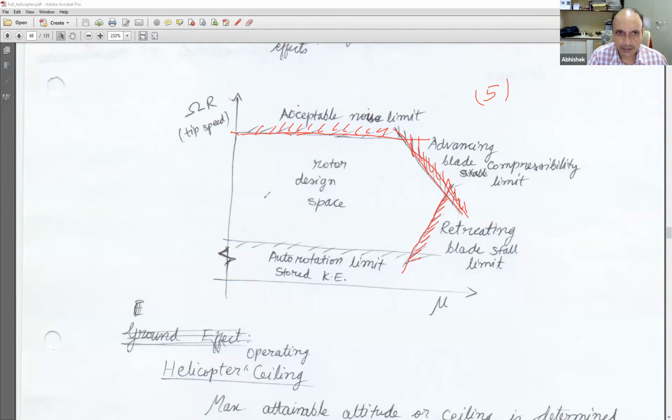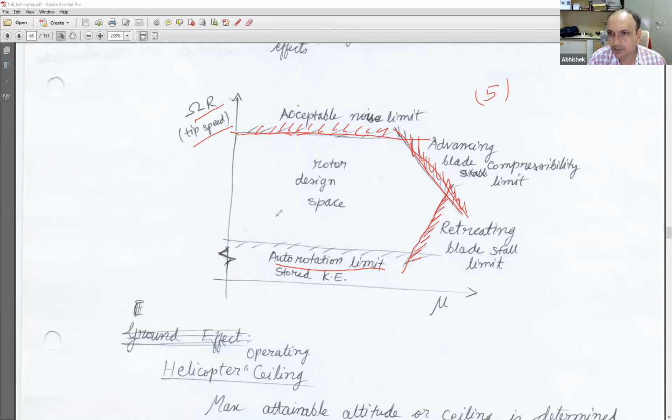And at the bottom side, how low can I go? That is, what is the lowest tip speed I can choose? If I can go with very low values, I can always fly faster and so on. But on the lower side, there is another limit, the autorotation limit. Why? Because if my omega R is too low, the stored kinetic energy in the rotor blades at the time of engine failure or tail rotor failure, when you have to enter autorotation, you may not have enough kinetic energy